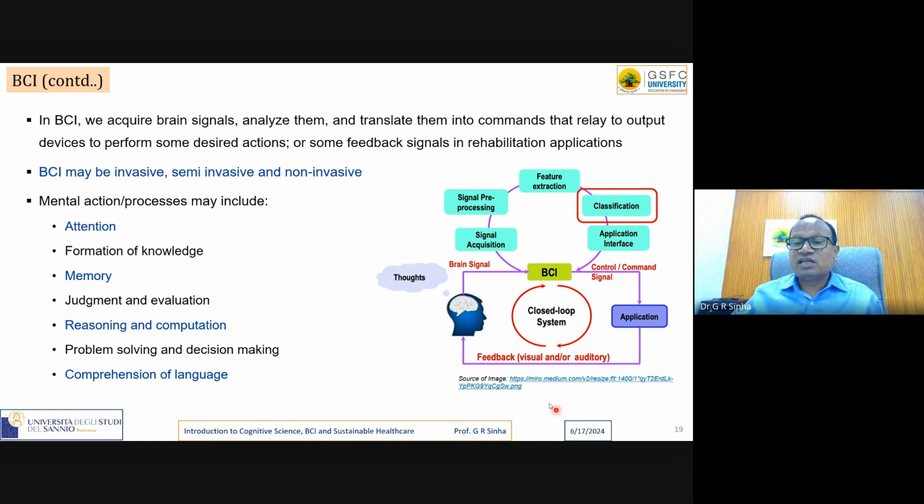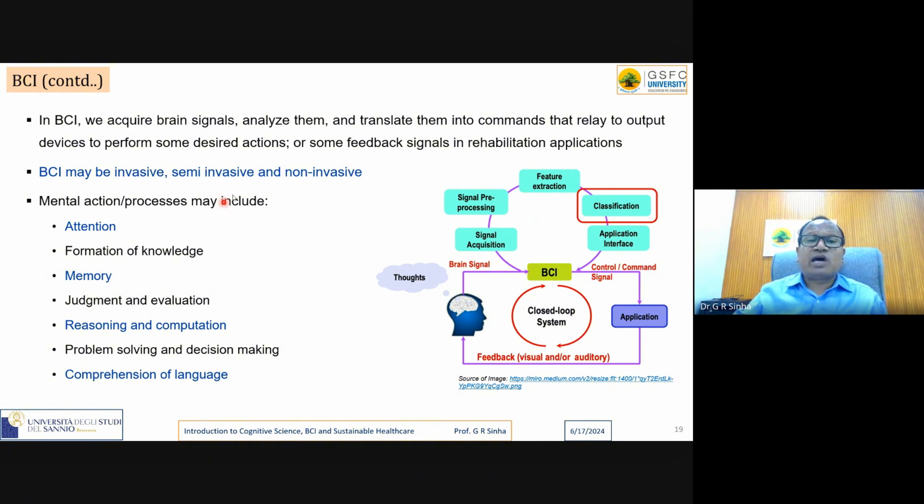This is what is done in the rehabilitation through the feedback signal. And how do we generate feedback signal? Feedback signal is generated by computing the difference in that particular part of brain between a normal person and an abnormal person. So we'll understand in a little more detail with the help of some results.